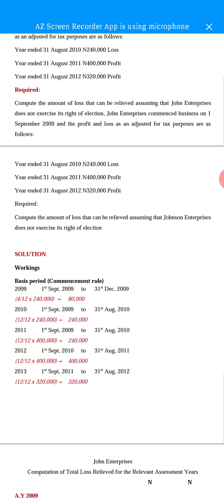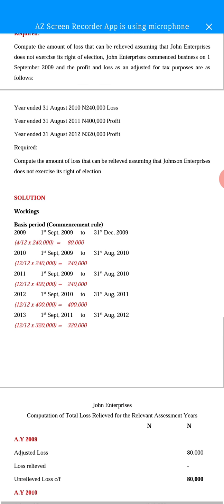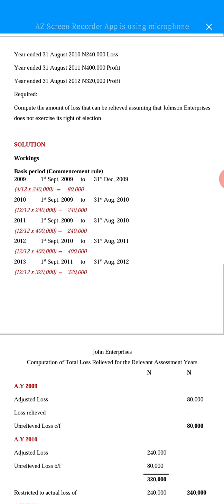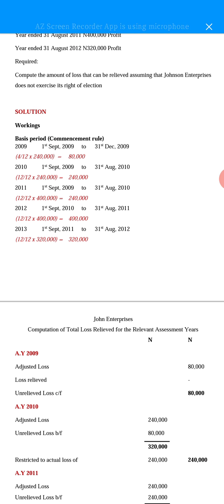So the first thing we need to do here is to work out our basis period and the adjusted profit. That's the number one thing. If you make any form of mistake over here, you know that you failed the question and you won't be able to get the last answer. The ICAN marking scheme is by posting, but in tax, it's always best if you carry out the calculations accurately. So we have the basis period.